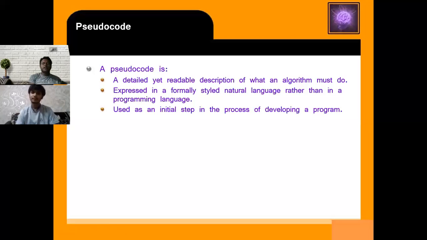It's just the preliminary step of writing. It is used as an initial step in the process of developing a program. For developing any program, it is the initial stage.